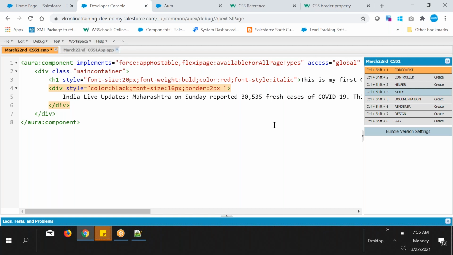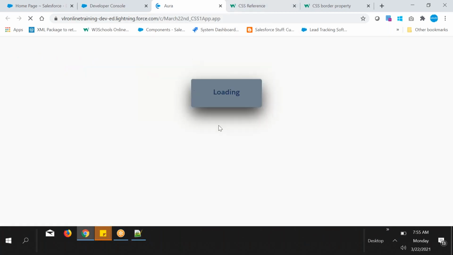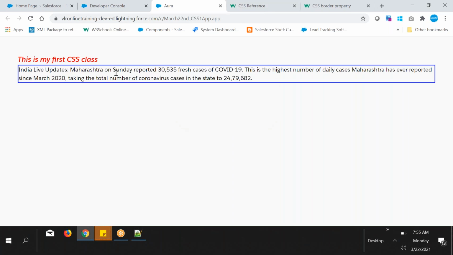And border style: give solid, and I will tell you what styles are available in the market, all those kinds of things. And border color, I want to give black or blue. Save it. Now refresh it. You can see the blue color border with 2 pixels width. That's what the border is.